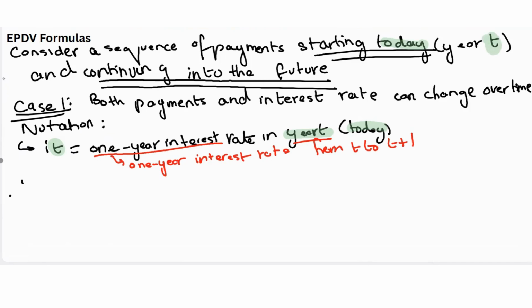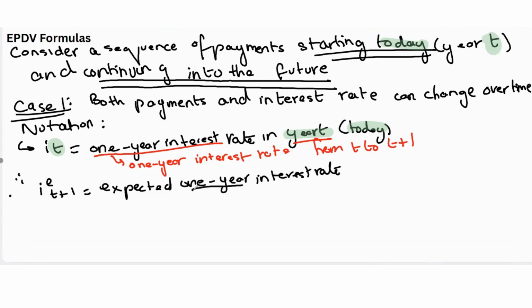Now let's see the next thing, which is I_E T plus 1. Now this is the expected 1 year interest rate. Again, this is still a 1 year interest rate, with emphasis on the 1 year part. It is the 1 year interest rate in year T plus 1, which is next year. So this interest rate is going to apply